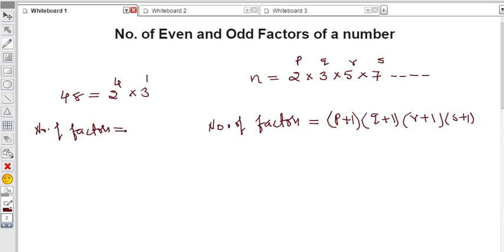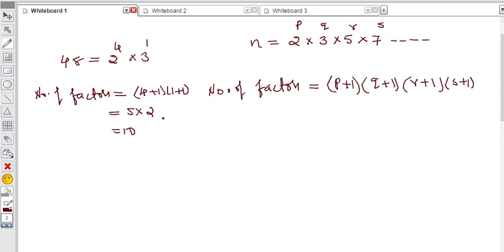Number of factors: now we will take all the powers, 4 plus 1 and 1 plus 1, because those are the powers I have taken. That is 5 into 2 is 10. So the number of factors for 48 is a total of 10. You can check it once. 48 factors are